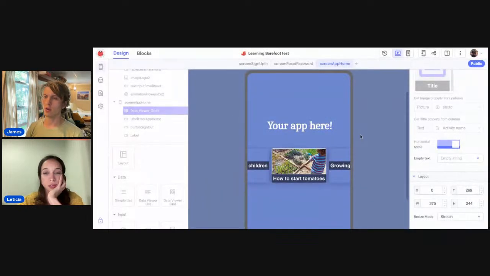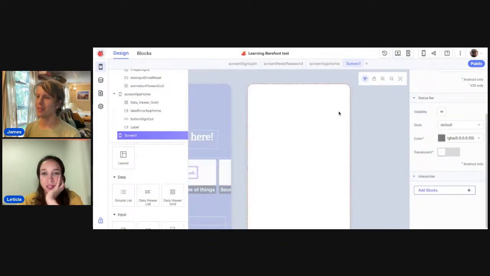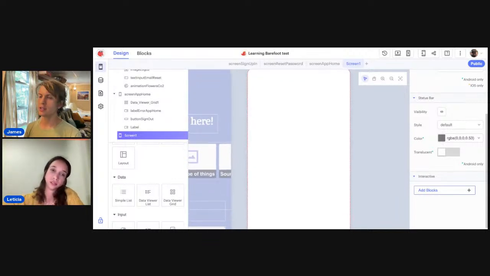Okay, so we'll need to create a new screen first. Yeah, that should do it. I mean, it should, but it's not. No, it's because I'm in the preview. Right. My friend says that he's been doing Thunkable for months and he still gets stuck on that one. So why are you not clicking?